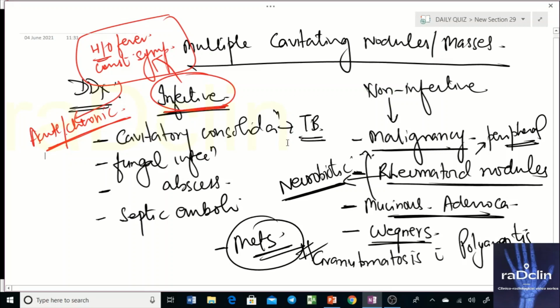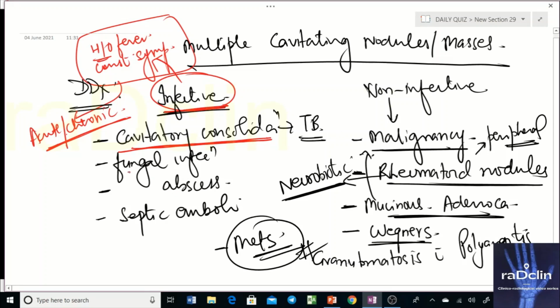So TB might be acute also, with reactivation of a chronic TB, or it could be a subacute to chronic picture in tuberculosis. But cavitary consolidation is a part of active tuberculosis. So the patient will have a recent deterioration of the clinical condition, although the patient might be having a chronic history of low grade fever. So that is the clinical history, and always look for other signs and stigmata of tuberculosis whenever you encounter cavitary consolidation, especially in developing countries where infective causes are more common.